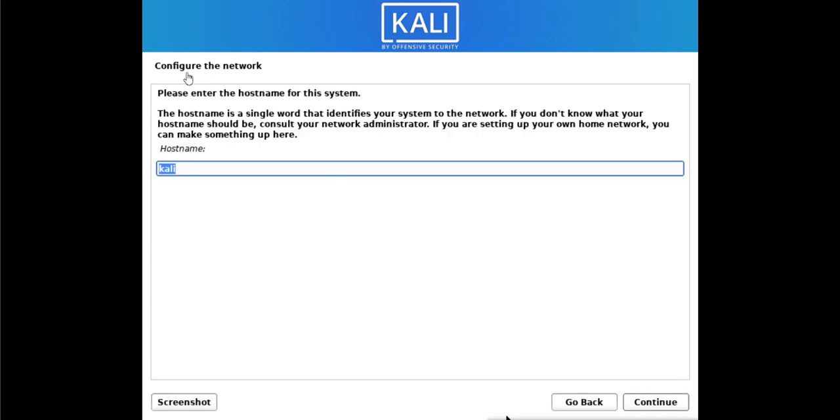Now it is saying configure the network options. First it is saying configure the host name, whatever machine name you want. The machine name by default is Kali. We have seen it when we started the live CD. We saw that the name was Kali, but if you like, you can change it. Like I will say this is my test machine, or I will say test Kali.